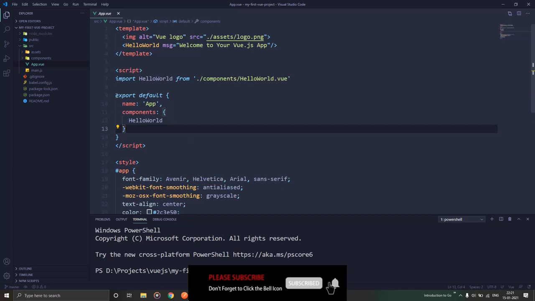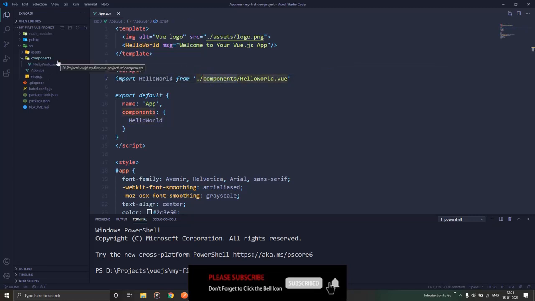In this script tag, we'll be majorly writing code where we create functions, variables or properties, and anything that we want to use in the functionality. Over here, it has used one more component, the hello world component, and it lies in the component folder.